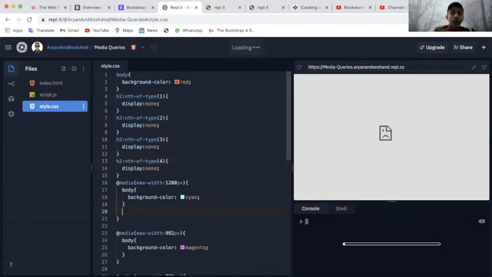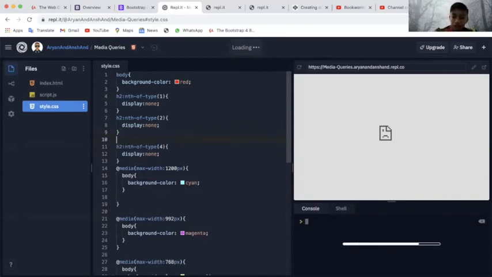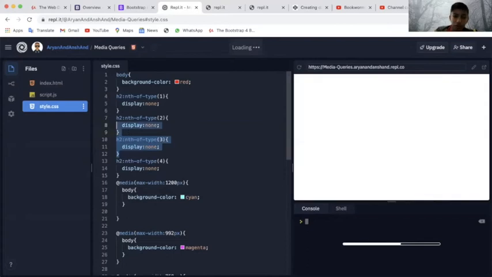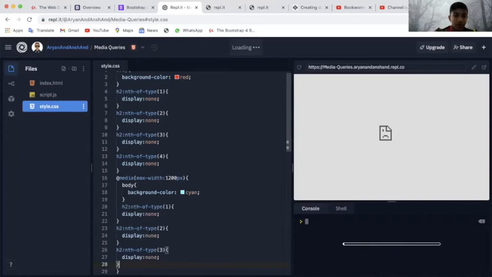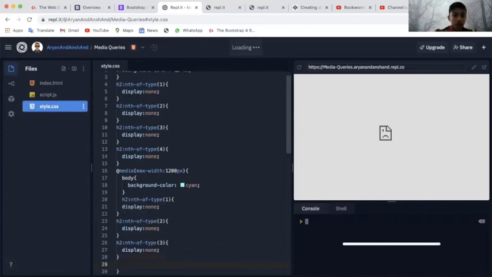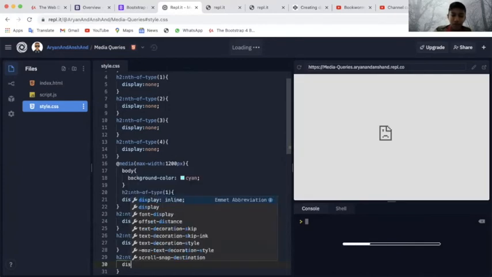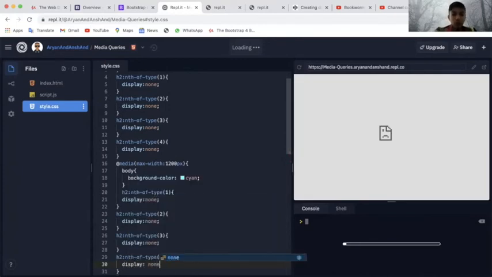Then here for the first one, I'll give the first 3 display none. I'll just copy them from here. And I'll give the last one nth-of-type 5 display none. So the fourth one will be shown now.